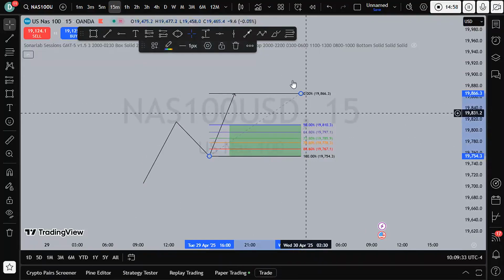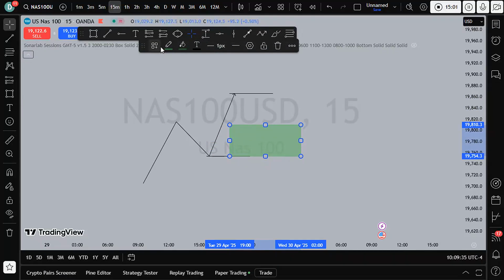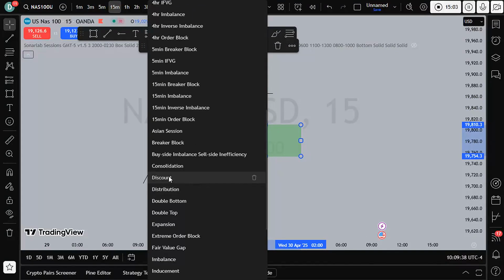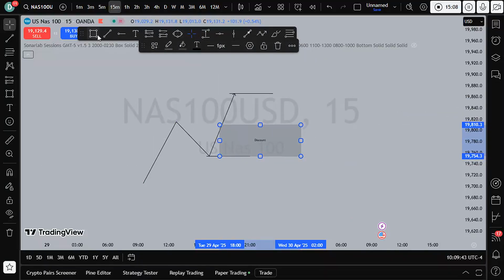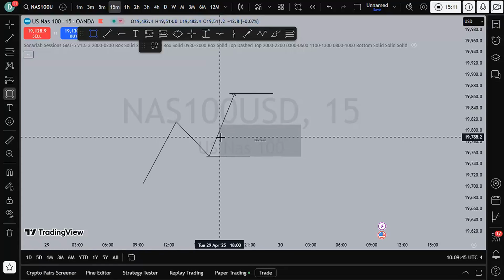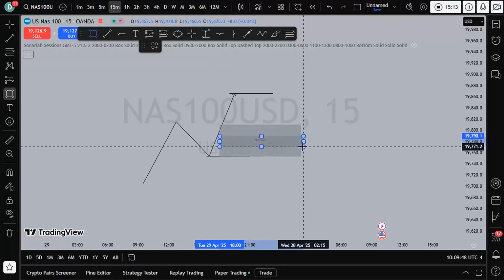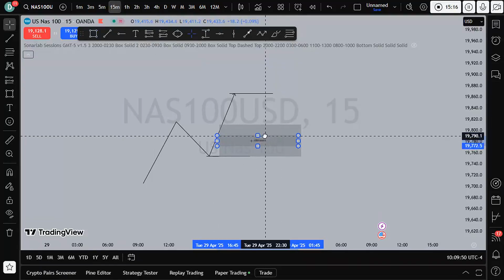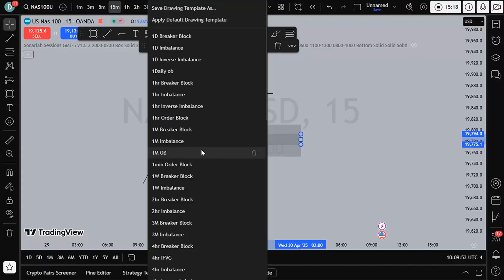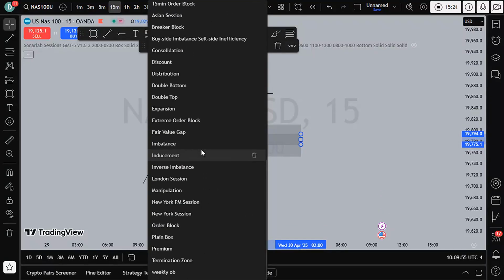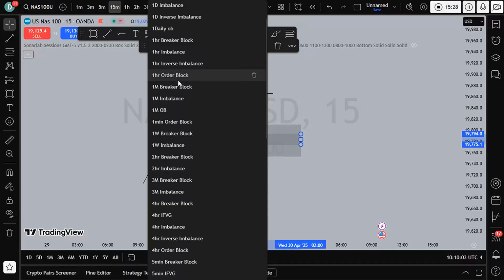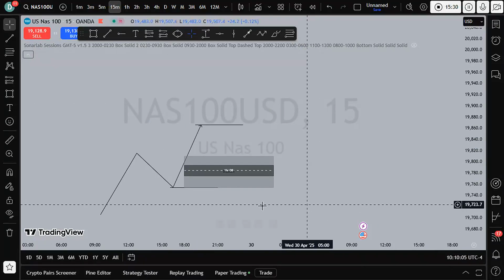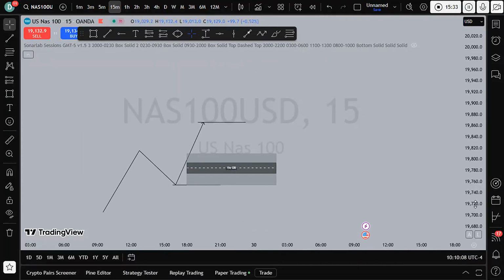Once we have our discount level in place, on the same time frame we want to mark out the higher time frame POI that's inside of this discount level. So I had a 1 hour order block. Once you have identified your 1 hour POI, or high time frame POI, and you have these things established on your high time frame, you want to then pop to